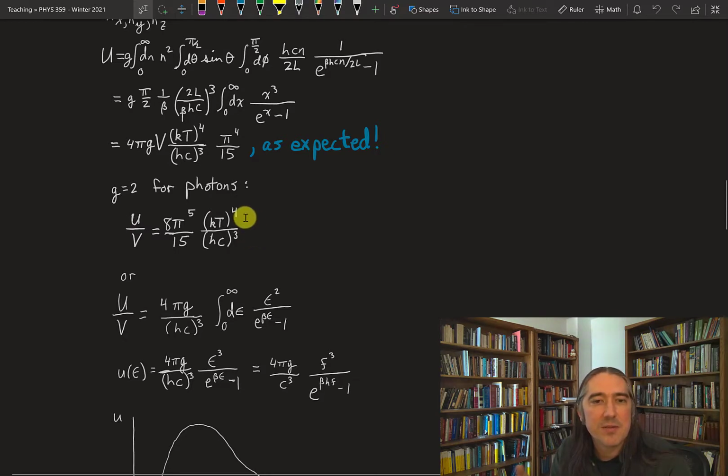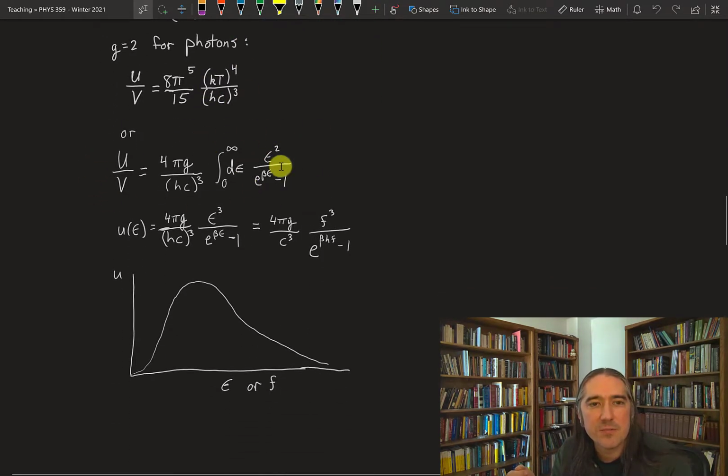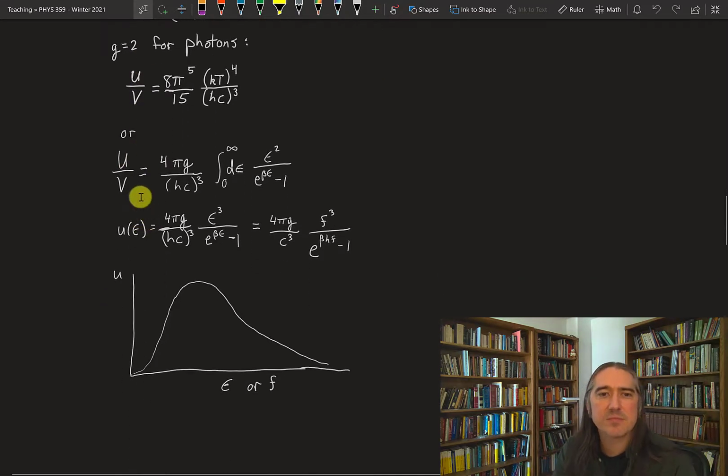Good. The other thing is I went straight to converting this into the nicest looking integral possible. If we were slightly less nice, instead of changing to x, I'm going to keep the beta in here, right? So I can change variables to energy. Okay. Now I've got an integral of this form. The only thing that's happened is the beta I threw outside isn't out there anymore. So I've got another form for the energy density.